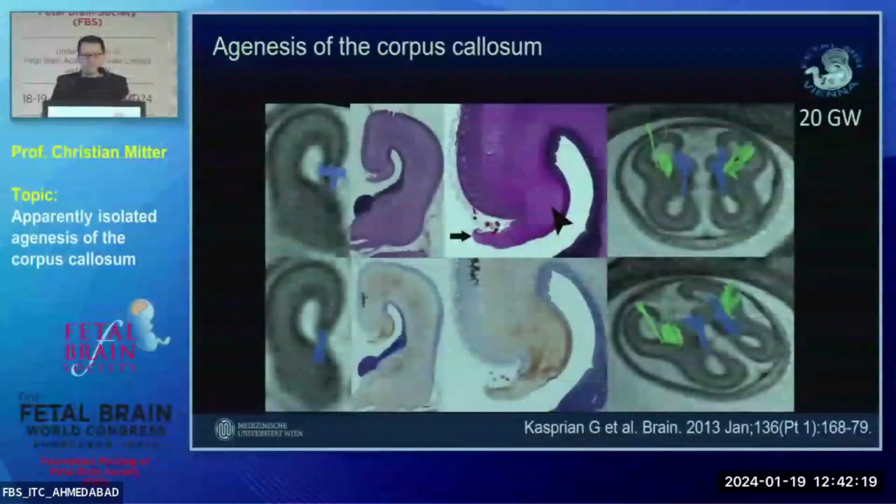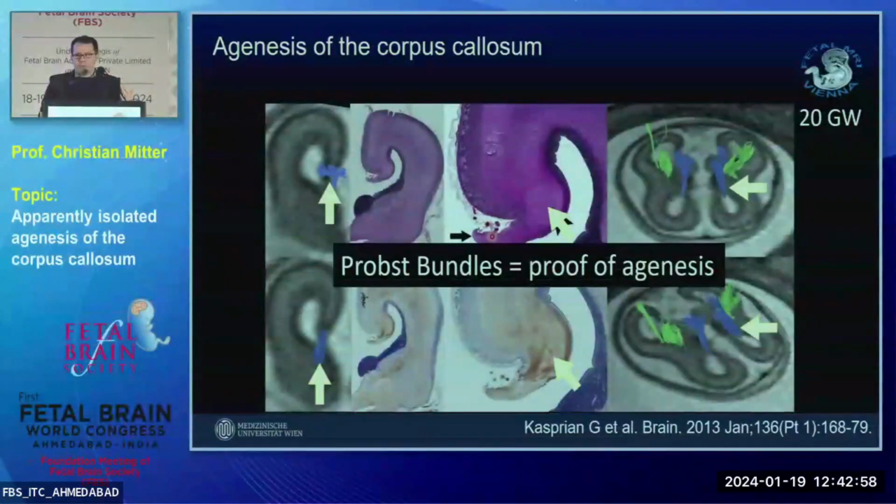This is how it looks on histology. See here in utero tractography at 20 gestational weeks, and this is the same brain a little bit later in histology. This is how a Probst bundle looks in perpendicular section. You see it's a thick fiber bundle in an anterior to posterior direction with lots of fibers containing it. And this structure underneath it is the fornix, which is connected underneath to the Probst bundle, just like it is in a normal brain under the corpus callosum.